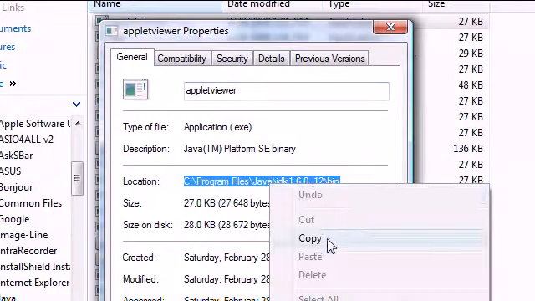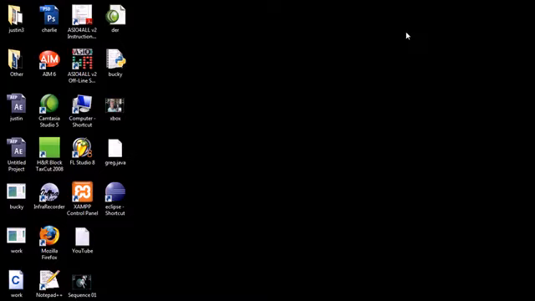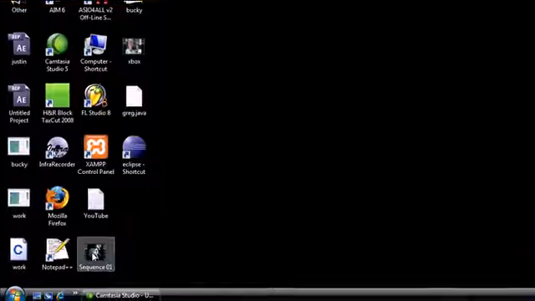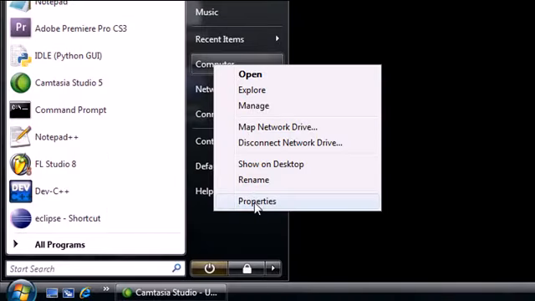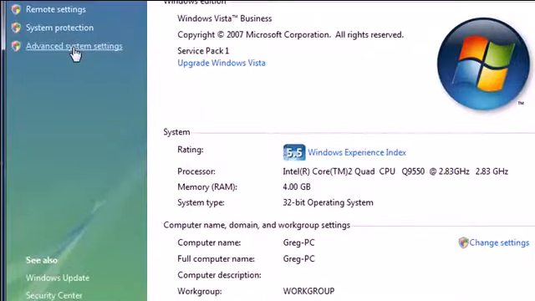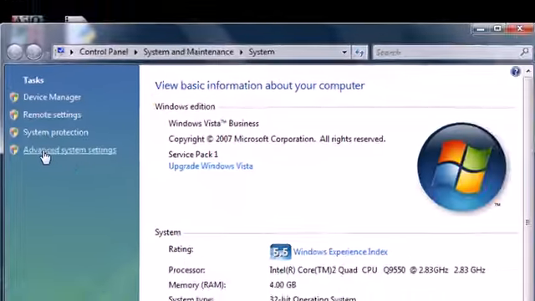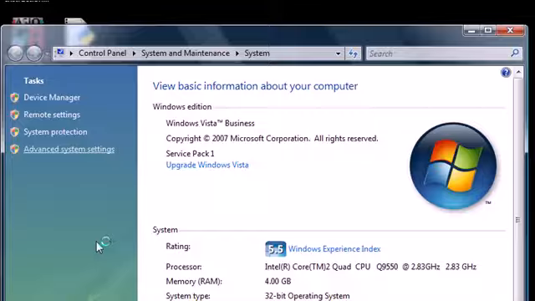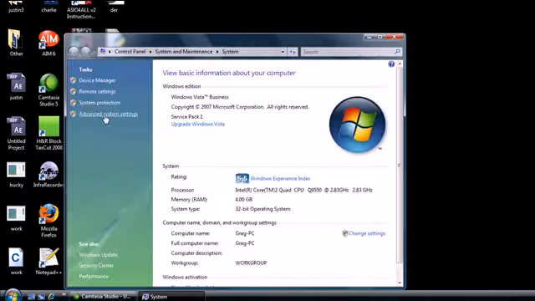So once you have this golden code, that's what we're looking for. Go ahead and X out of that. Now that's where the compiler is. So how do we tell your computer to look there? Well, go ahead and click My Computer again from your Start menu, and click properties. Remember, you want to right click it and click properties. All of these are very important. Go ahead and click advanced system settings, and a little message is probably going to pop up, if my computer is not freezing, and it is. So my computer, properties, advanced system settings, there we go, continue,